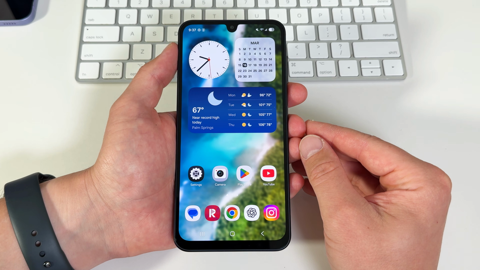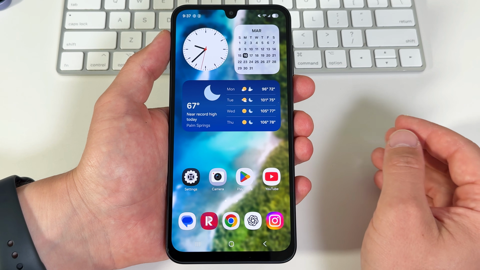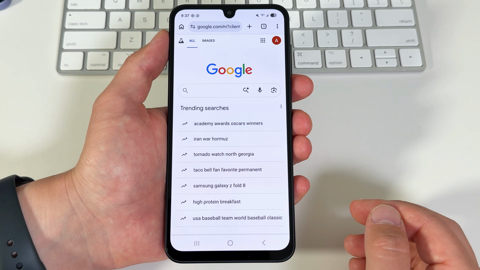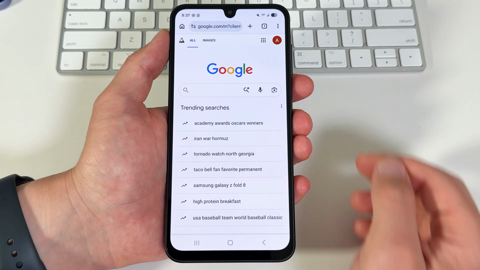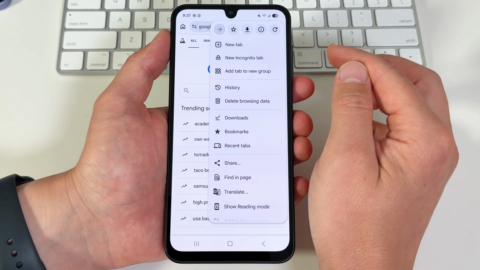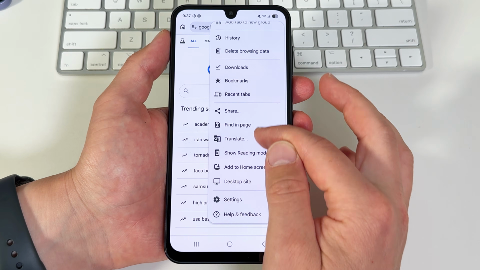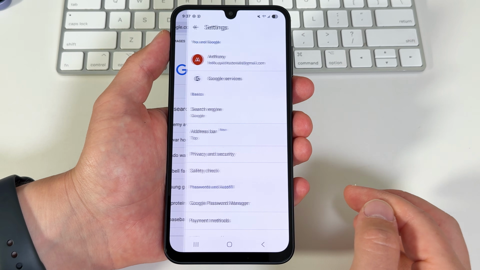There's a couple of ways to view and edit all your saved passwords on Android. The quickest way to access your passwords is actually through Chrome, since they're all stored in Google Password Manager. Go to Chrome, tap the three dots on the top, and from there, go to Settings. Usually settings will be all the way on the bottom, so you might need to scroll down a bit to